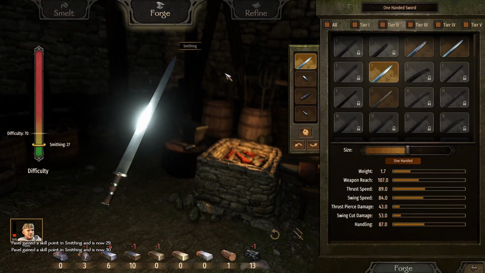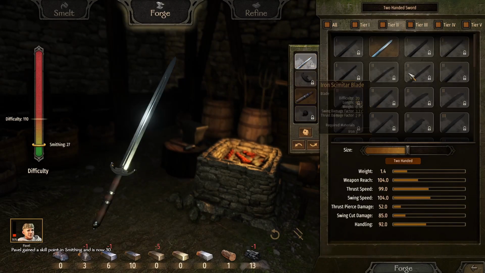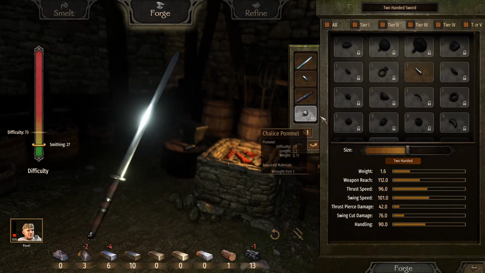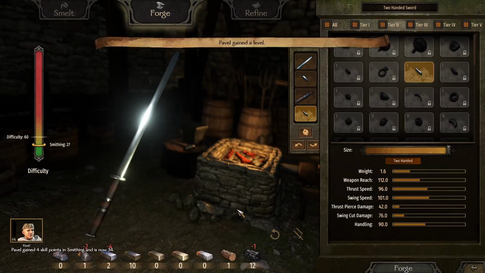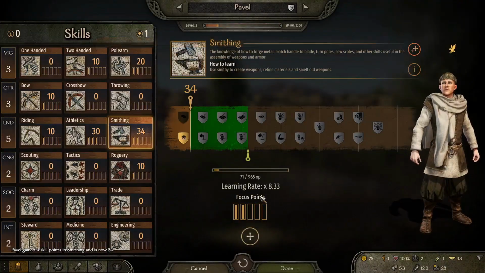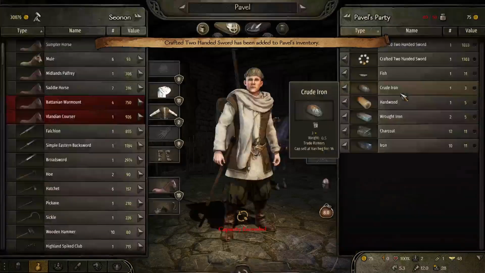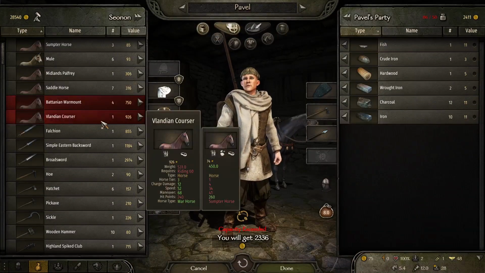Let's see, do I have enough stamina to forge another sword? Let's see here. Yes, I do. Okay. And we gained a level. Woo! We're just going to put another focus point in smithing. And got 2,000 gold to play with here. Let's see what we can get